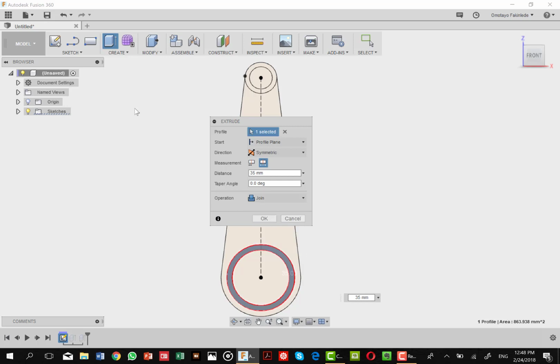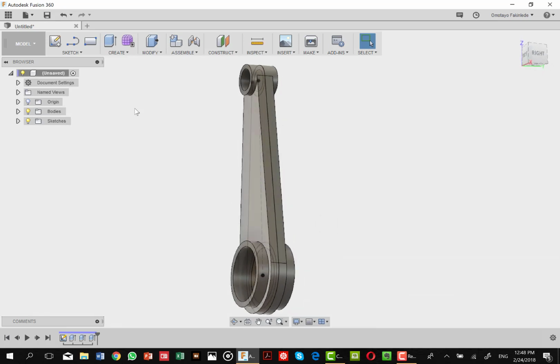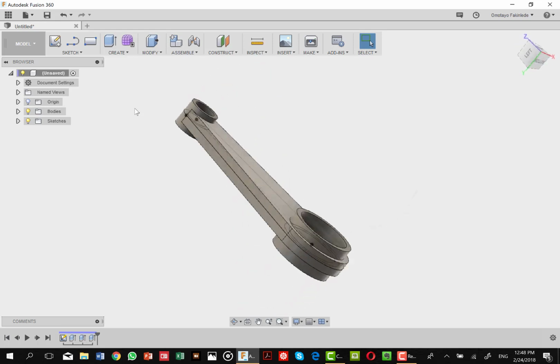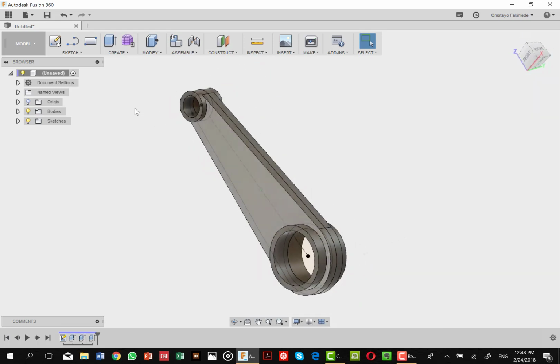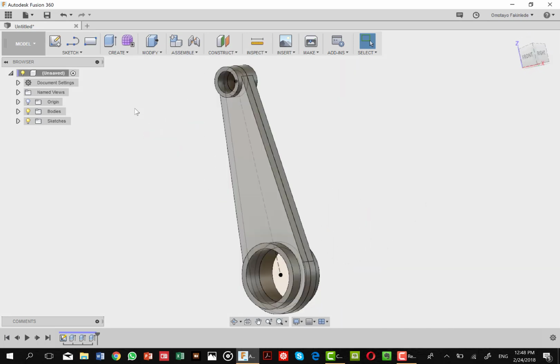Okay, so we have our connecting rod designed in this way. So we have this connecting rod now.